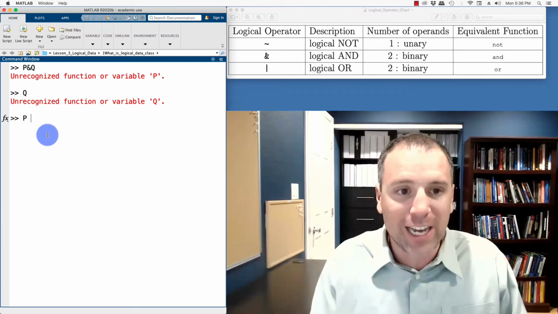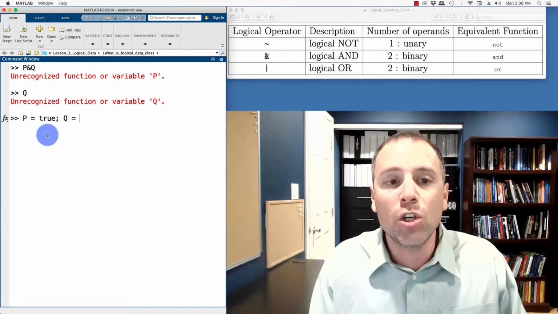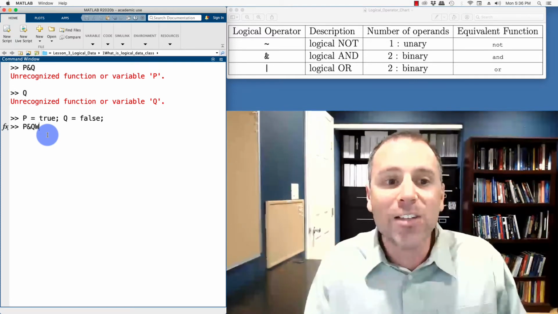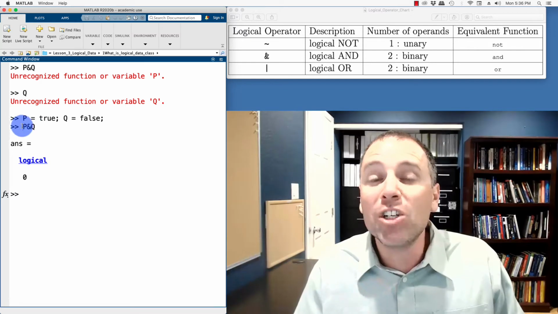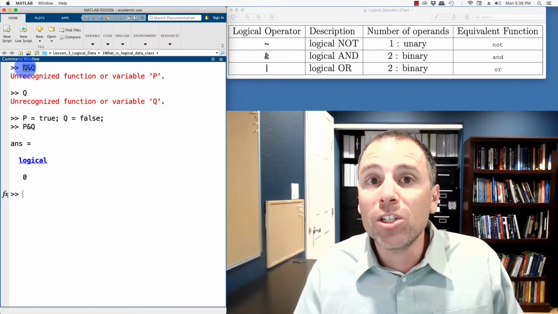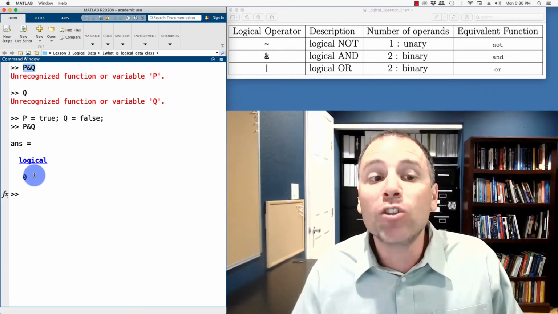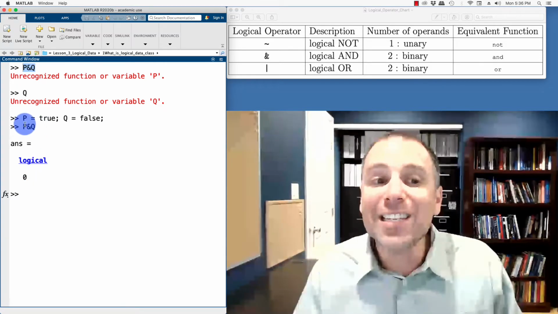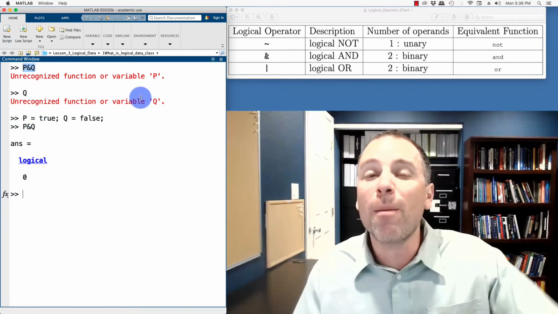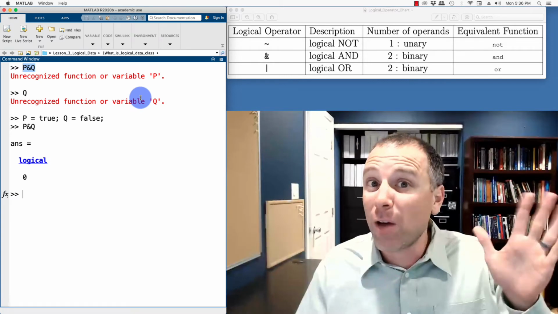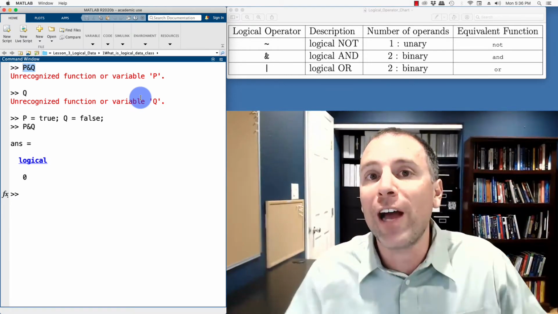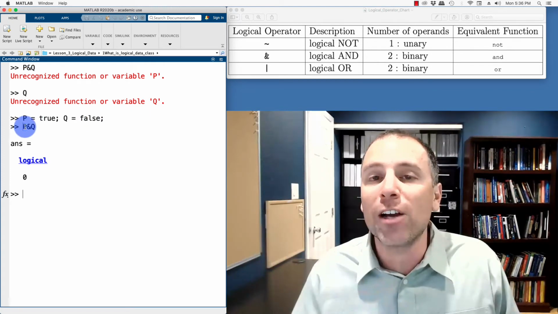So for example, if I type P is true and Q is false, all of a sudden, when I type P and Q, now that proposition has an actual truth value. The general form of the proposition is an AND, but the truth value depends on the pre-assigned values for P and Q. In other words, we can talk about the abstract concept of the form of a proposition and then realize an individual truth value by assigning individual values in the variable.